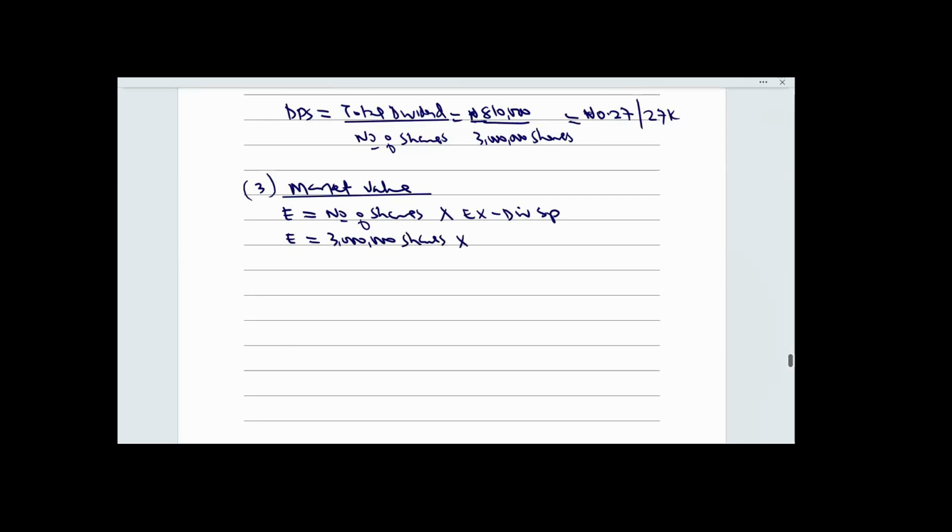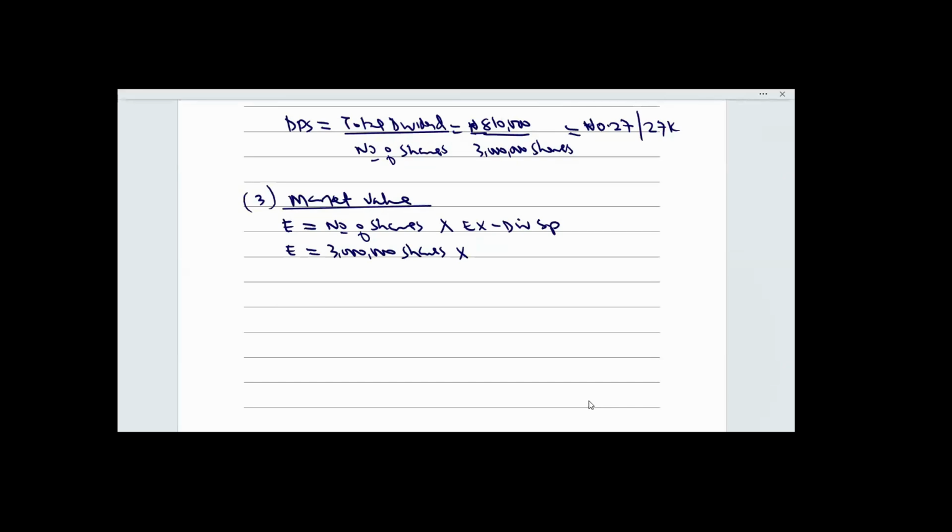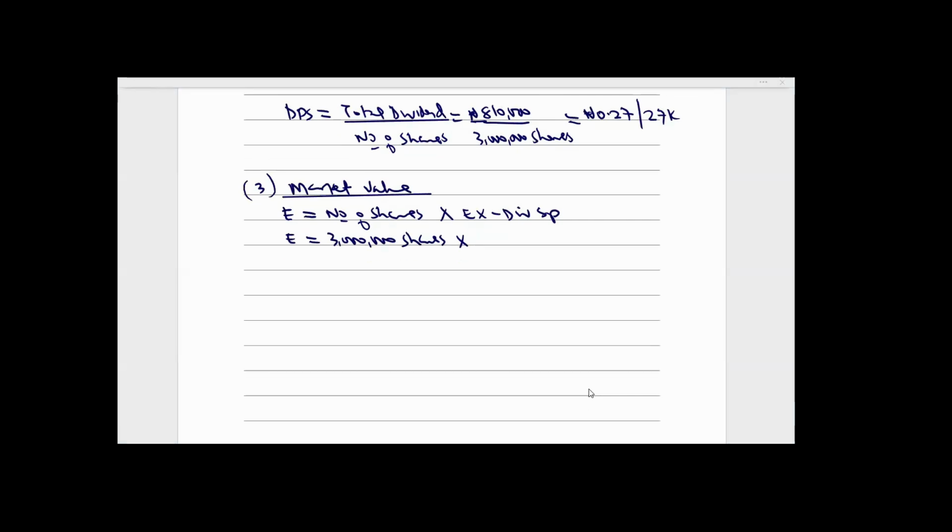So let's go back to the question. What's the XDIV share price? According to the question, you are told that the market value of equity PLC ordinary shares is 3 naira 27 kobo per share, cum div. Pay attention. Again, if you missed the first class when I was explaining cost of equity, you can see now the share price of 3 naira 27 kobo is cum div. You don't use cum div to calculate cost of equity. It has to be XDIV share price. Therefore, we need to convert the cum div to XDIV share price.